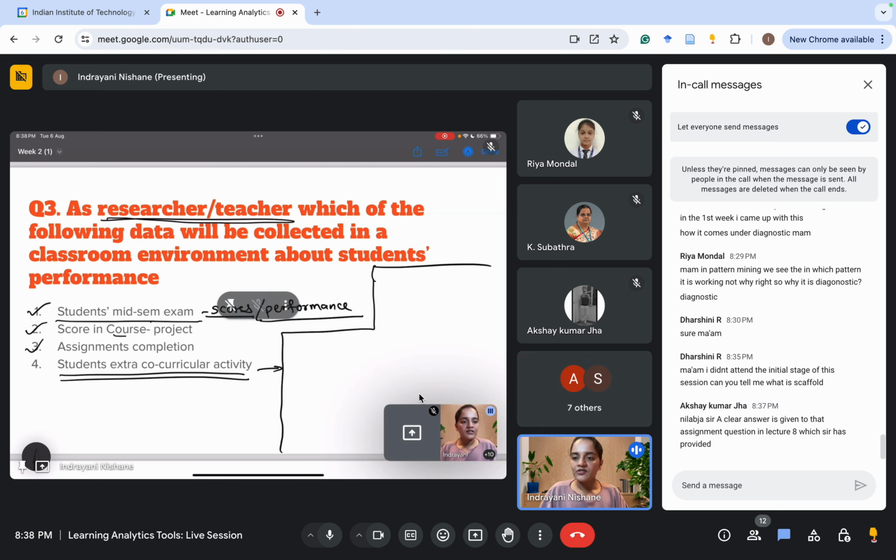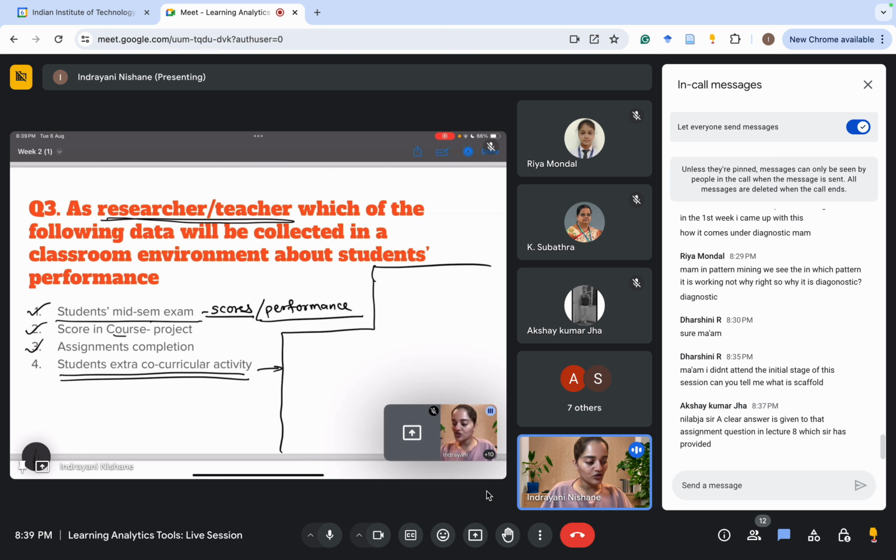Students' mid-semester scores or their performance, then their scores in the course project, yes, then their assignment completion rate, whether they have submitted the assignment or not, that is also correct. So to keep things simple, for this question we'll be focusing on the data which we can easily collect for all the students in our class, which are recorded in a traditional method,